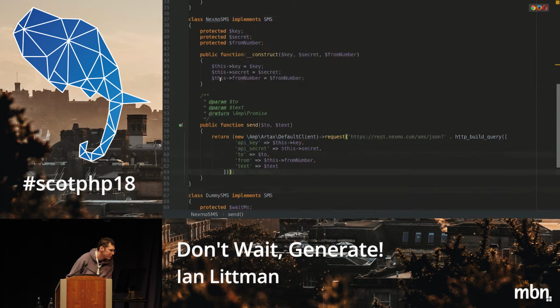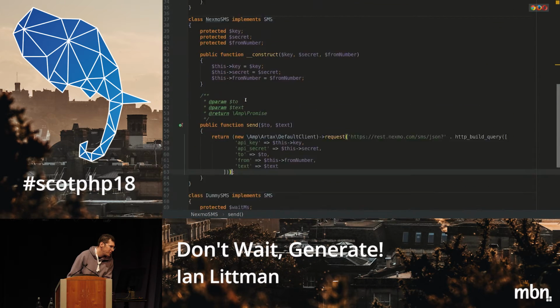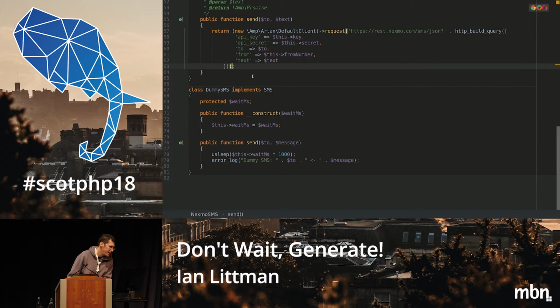SMS service, yeah, let's do that one. So in this case, what these functions are doing for Twilio or Nexmo is, instead of returning a response straight off, they are returning a promise that we can either decide to resolve right then or resolve later, or just let it sit on the event loop until it gets resolved because we're doing fire